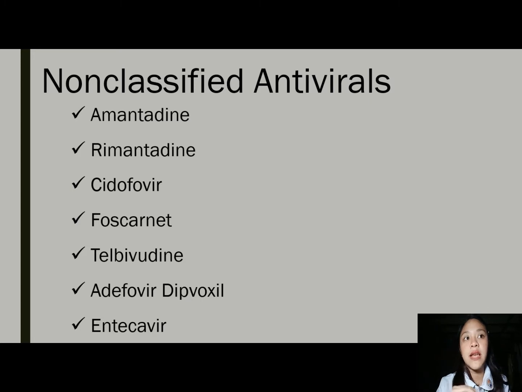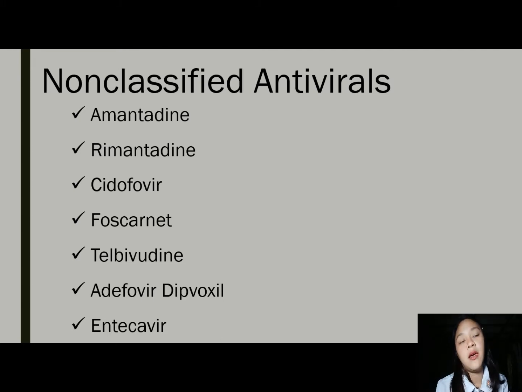There are side effects and adverse reactions that may include insomnia or inability to sleep, depression, anxiety, confusion, orthostatic hypotension or sudden decrease of blood pressure as a person stands up, slurred speech,